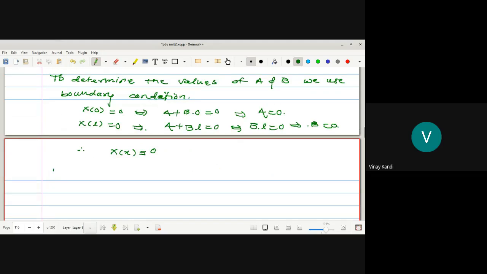Now this is the trivial solution. Okay, we have to find the value of X of x and T of t, function of x and function of t. This is the trivial solution. Hence, we ignore. Okay, ignore this X of x. Okay, now in the case second,